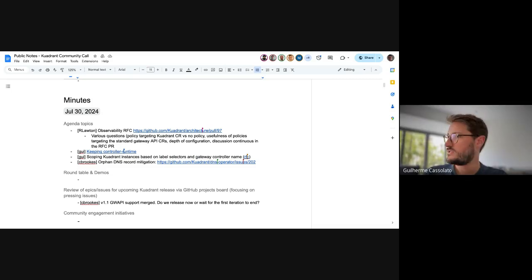I agree, and that's why I believe that gateway class is kind of a better approach here, because as I said, you can create as many gateway classes as you want that are all watched and reconciled by the same gateway controller. So if you have envoy and another one, you can create multiple gateway classes under envoy, and you say, these are the gateway classes that I want to be protected, right? You don't need to care about any other gateway class. And that would be explicit in the Kuadrant CR, right?